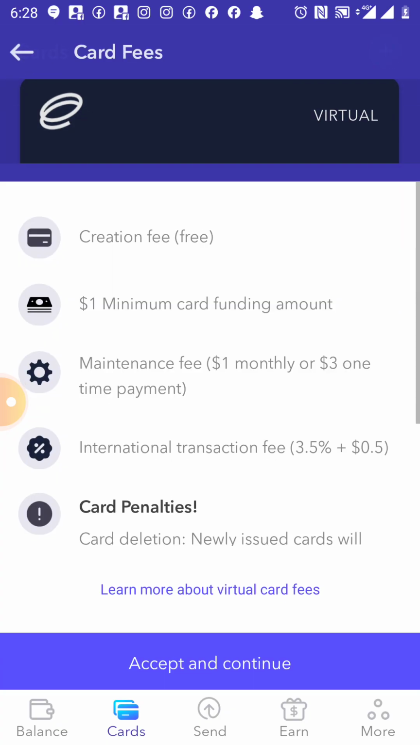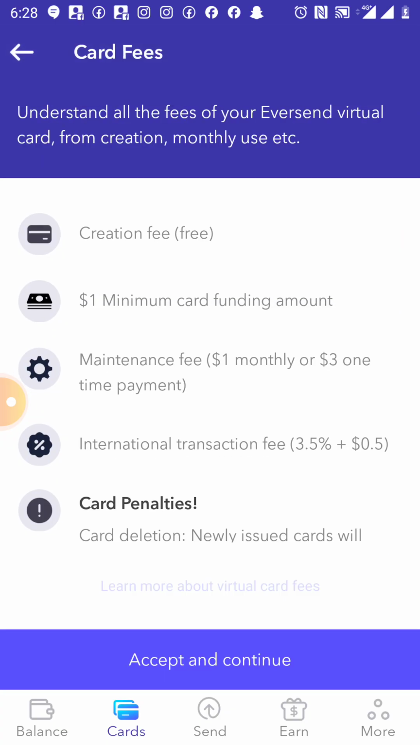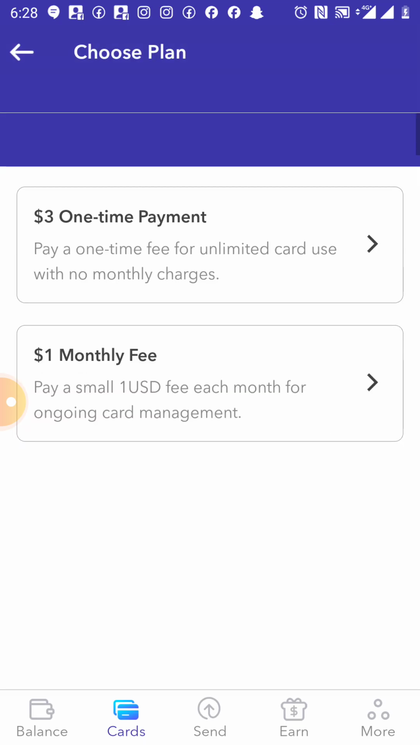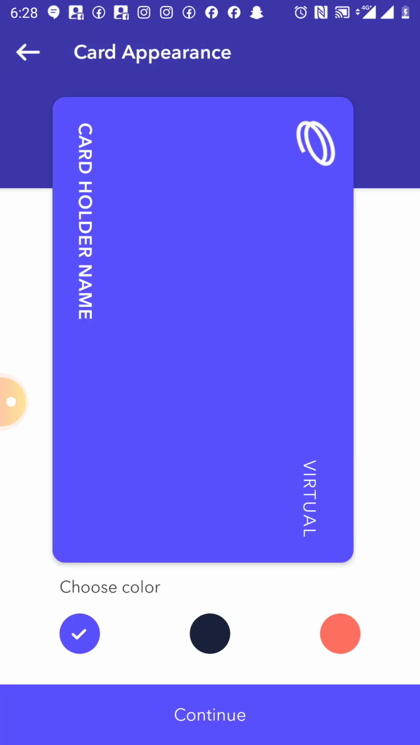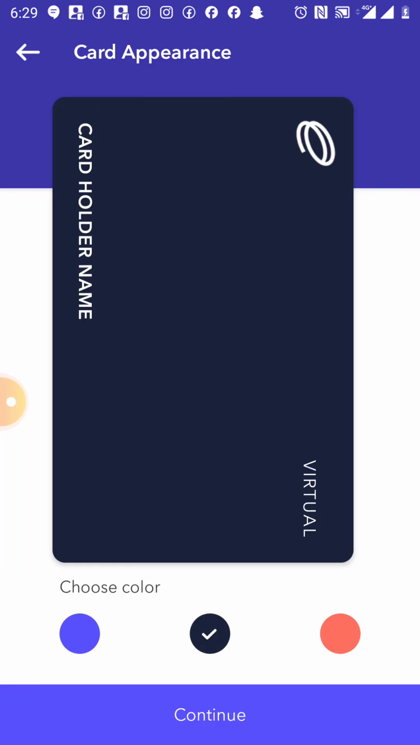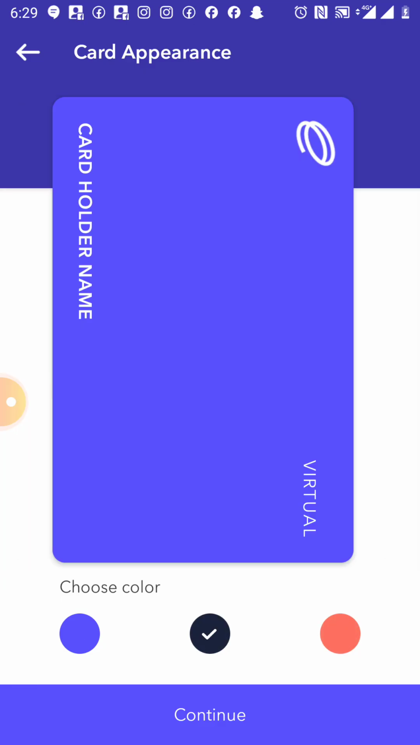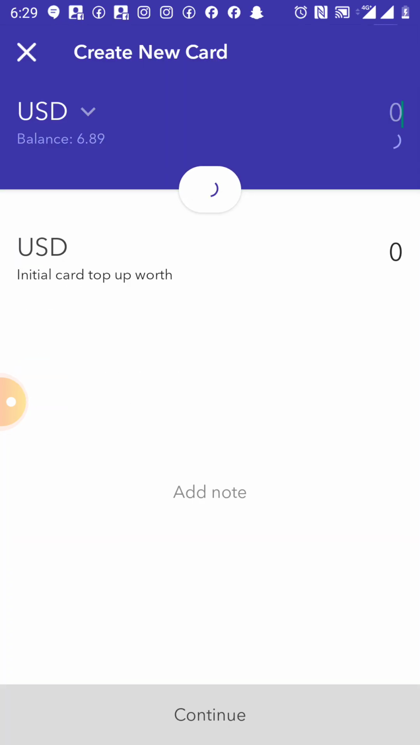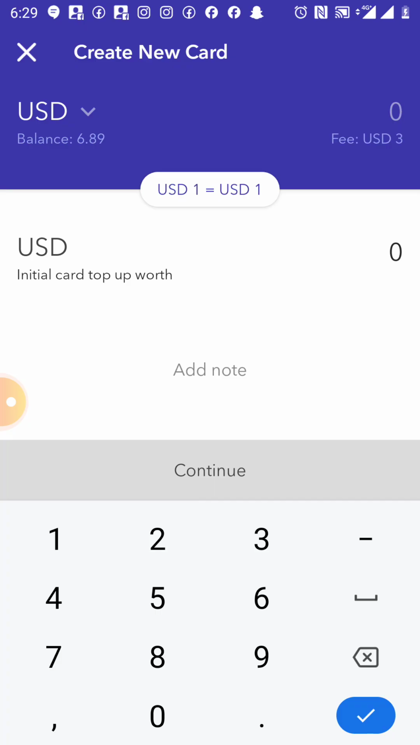So let us create the card that we wanted to create. Come and click accept the terms, then we choose the 3 payments. Which card color would you want? We have black, red, and blue. The other time I used black, so I would prefer blue maybe. Then I press continue. So they are going to ask me what amount. The fee is going to be $3